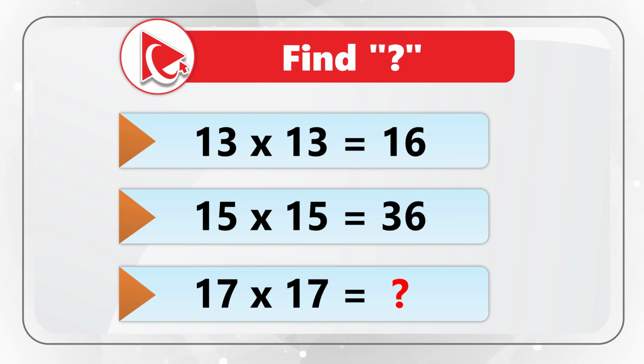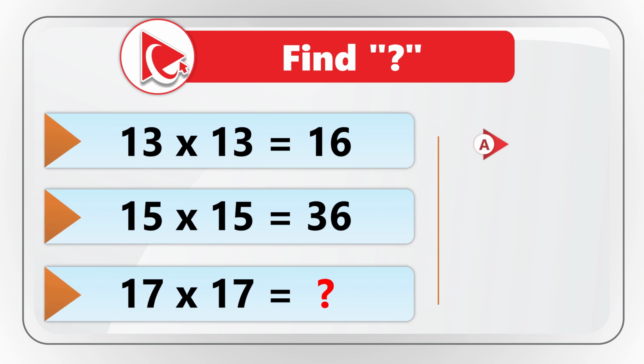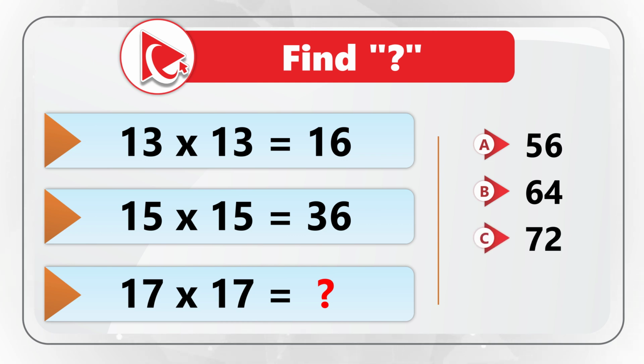You need to calculate and select the missing number out of 4 different choices. Choice A, 56. Choice B, 64. Choice C, 72. And choice D, 81. Take a close look, maybe pause this video for 10 to 15 seconds to see if you can calculate the